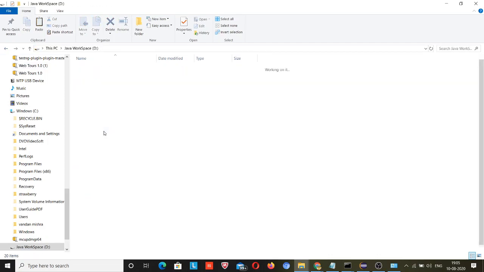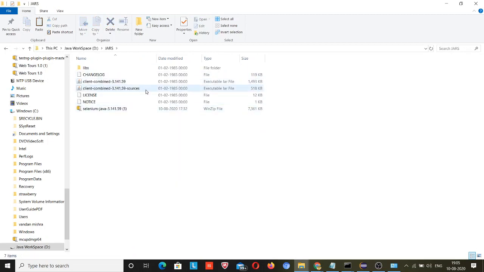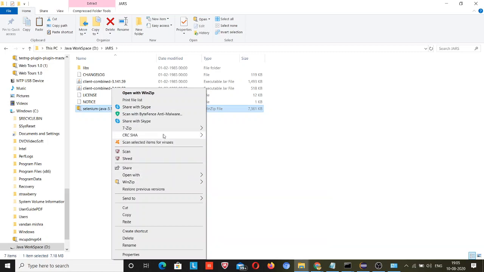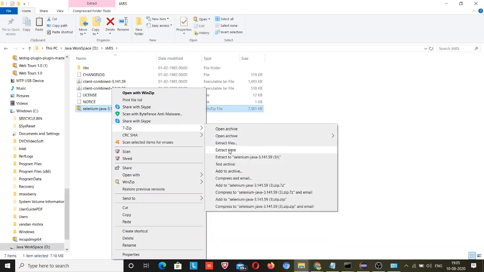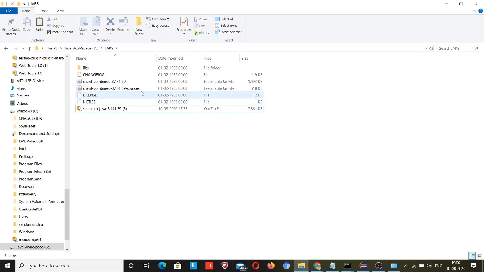When you paste your zip folder, you will see that this is my actual zip folder. Just click and unzip it. When you unzip it, with extract here, you get these two jars, client combined and sources, and inside the lib folder there will be 5 jars.